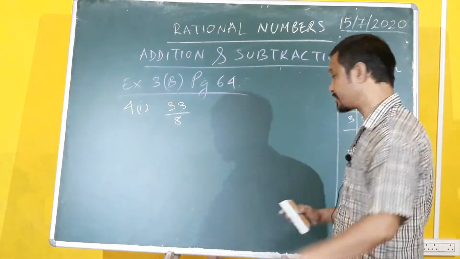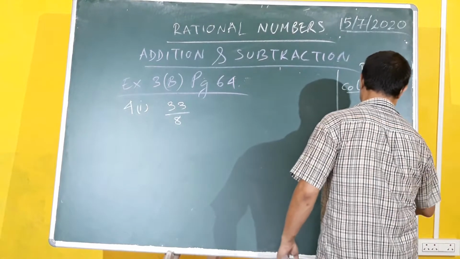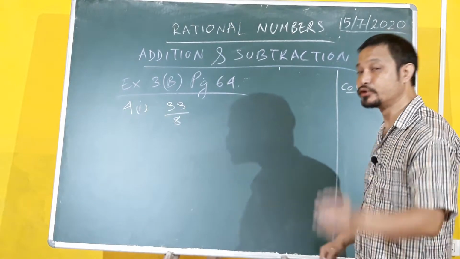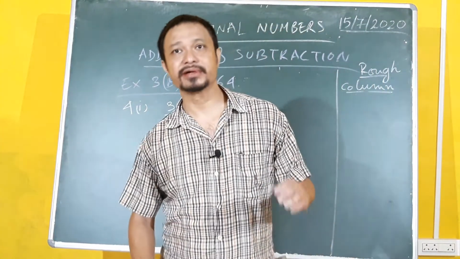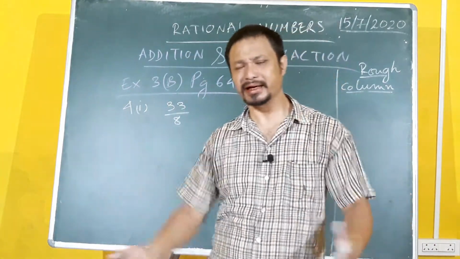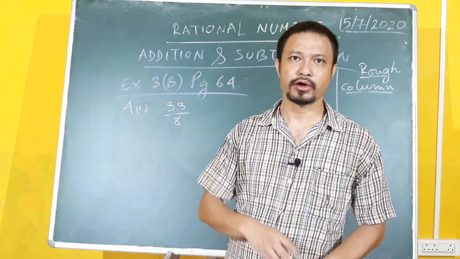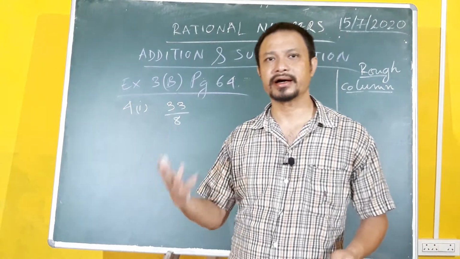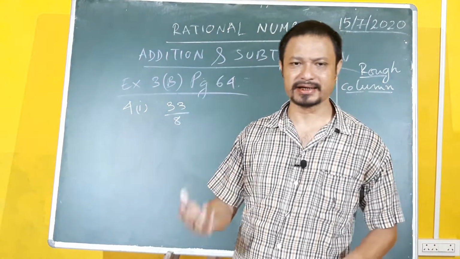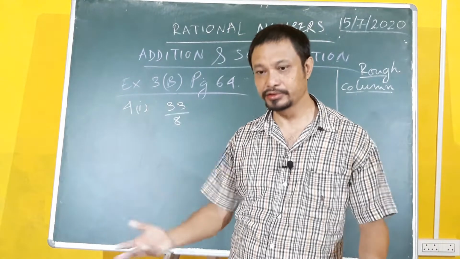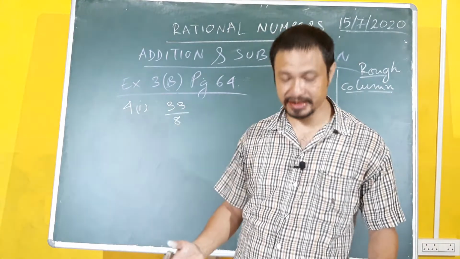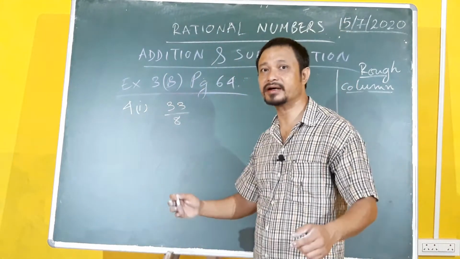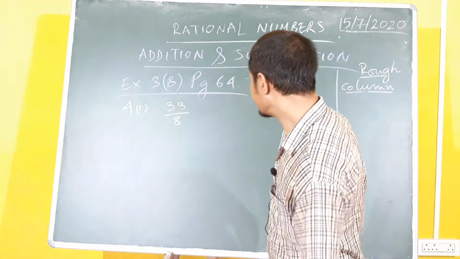So again, I'm going to stress on my rough column, rough work. Always do this, make it a habit. Don't use the calculator right now. There'll come a time when you grow up, when you are totally comfortable with yourself, you know all the rules of addition, subtraction, multiplication, division, and when you are in a hurry, maybe later on, in your practical, you'll have to use the calculator, but it's always better. Say you don't have a calculator. What will you do? You need to compute, right? So get into the habit of doing it yourself, and rough column is the best practice that you can ever inculcate inside you, right? So 33 and 8.